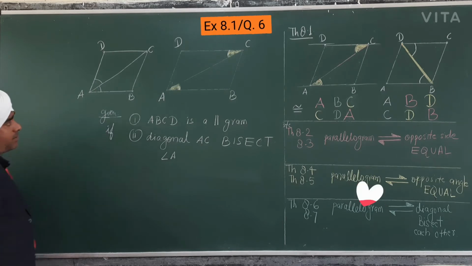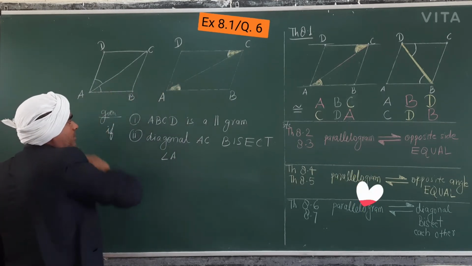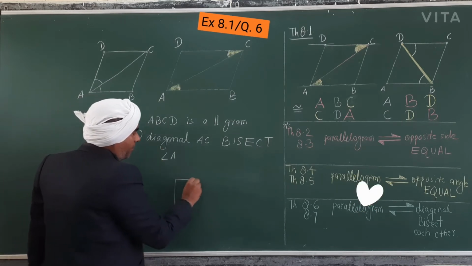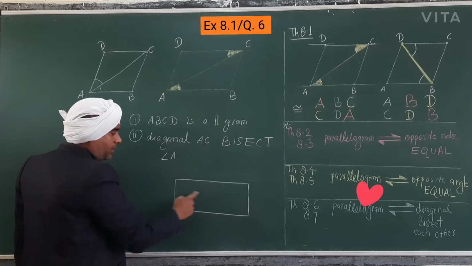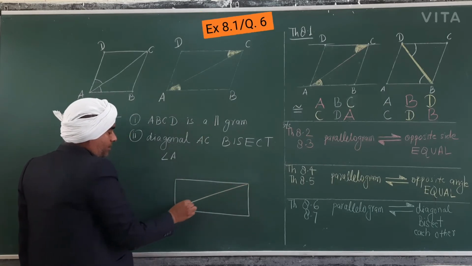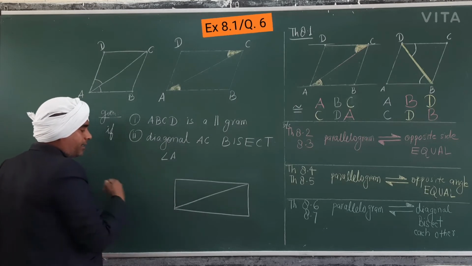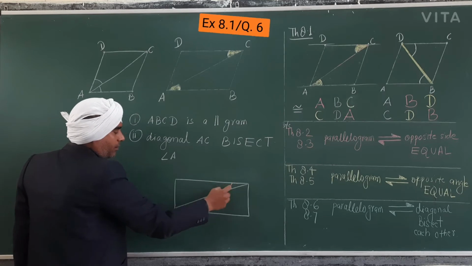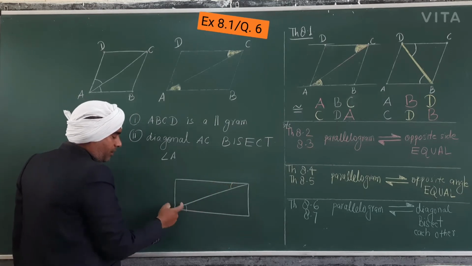This happens when this was the parallelogram and this was the rhombus. Again I'm telling you the concept, this happens in the rectangle and square also. You know, this is the rectangle, because if anything holds for this and this, it also holds for the rectangle and square. This angle will be equal to this angle. You are confirmed? This angle is equal to this angle, but these are not equal, bisected.